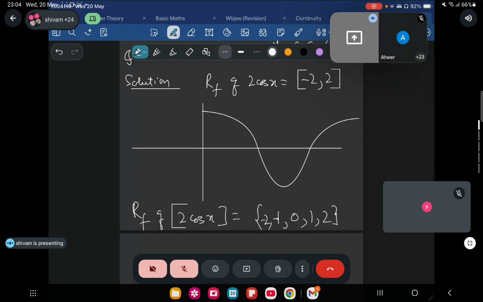Acha, tell me, everyone. If 2 cos x is equal to -2, what are the values of x? Tell me, everyone. 2 cos x equal to -2. This implies cos x equal to -1. Right. And if cos x equal to -1, x equal to,